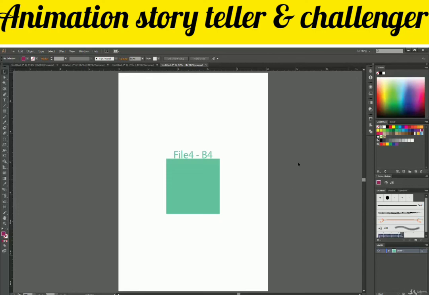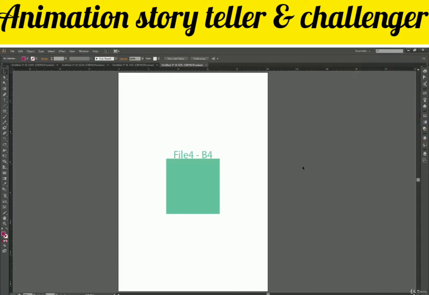Now what if I want to create my custom workspace? I don't like essentials, or even if I do, let's say I switch back to essentials, and I am working on some project for a very long time. Let's say it goes for 6 months or so, and I want to arrange the workspace in such a way that it can help me for the next 6 months. So it is very convenient for me.